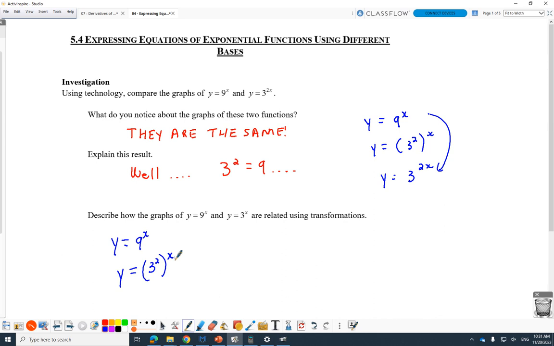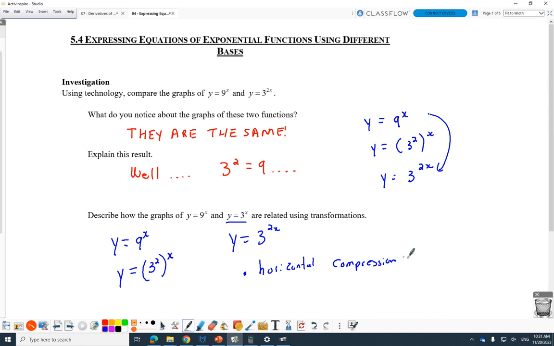What that means is, this is y equals 3 to the 2x. And I'm trying to relate it to y equals 3 to the x. There's only one transformation here. What's the transformation that's gone on here on 3 to the 2x from 3 to the x? What's that? It's a horizontal, because it's inside the function. What exponentials, inside means in the exponent. Compression,